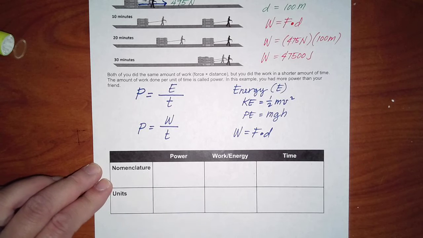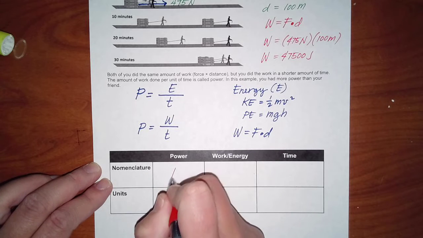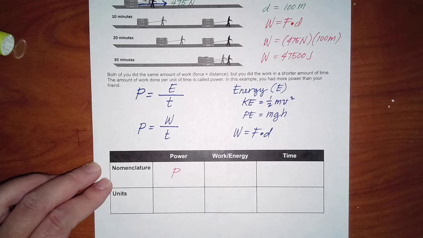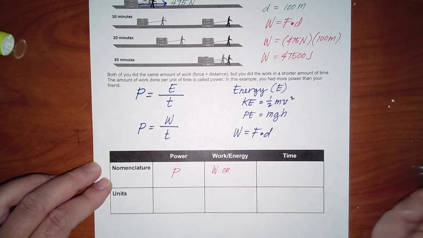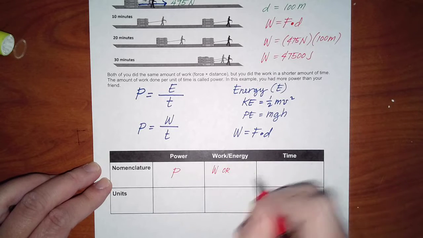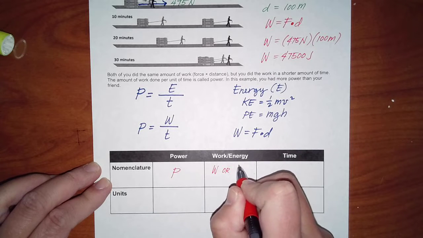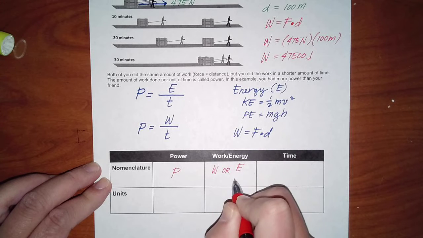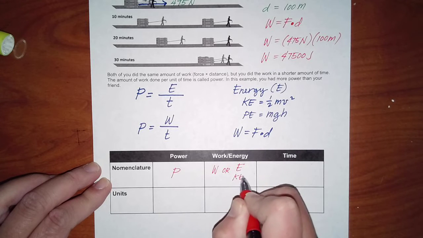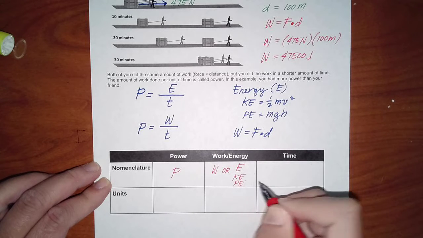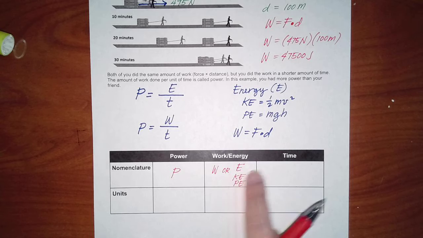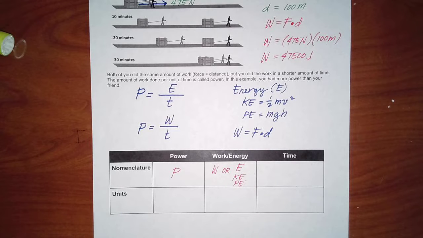Nomenclature, or the symbols. A symbol for power is P. Work is W, or if we're talking about energy, there are two types of energy that you may want to use, but the general symbol for energy is E. If we're talking about kinetic energy, that's KE, and if we're talking about potential energy, then that's PE. If the energy is in another form, for example, not mechanical energy, such as solar energy or thermal energy, then just use the letter E